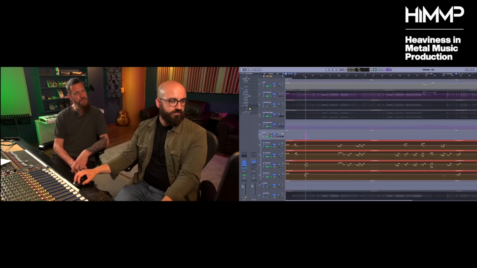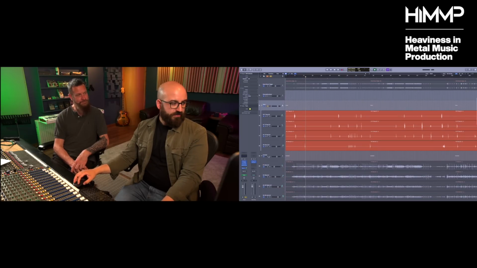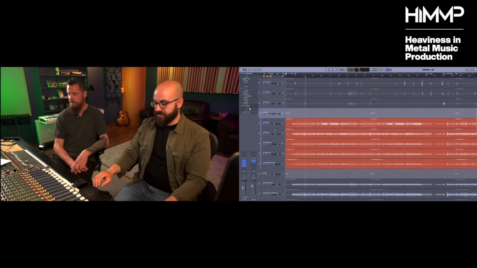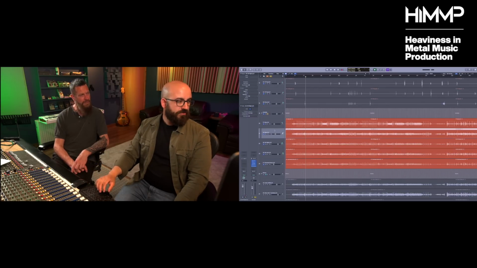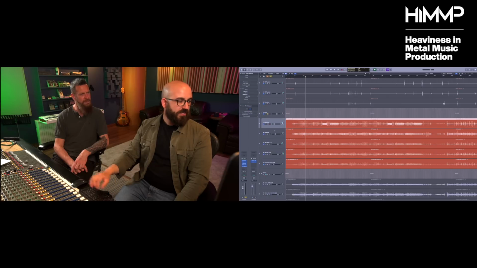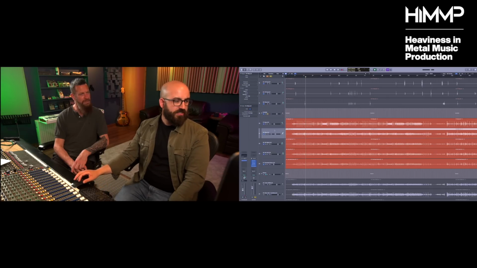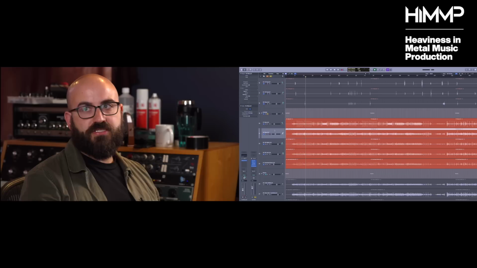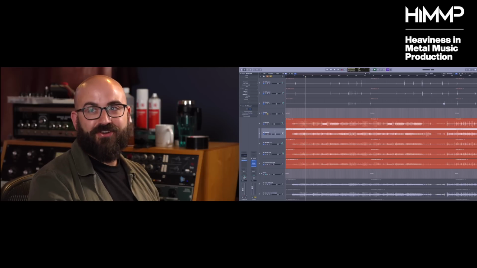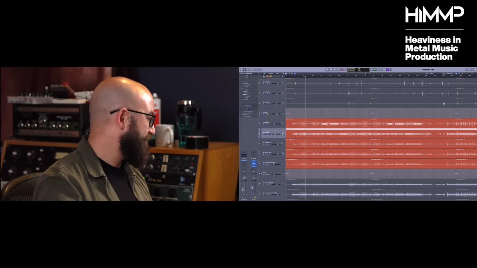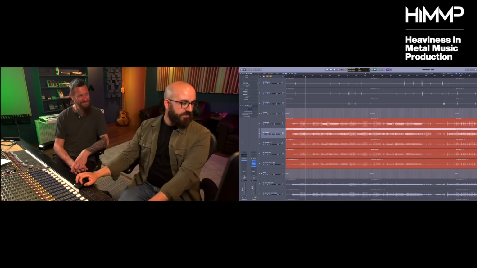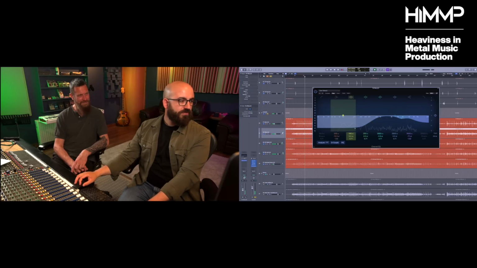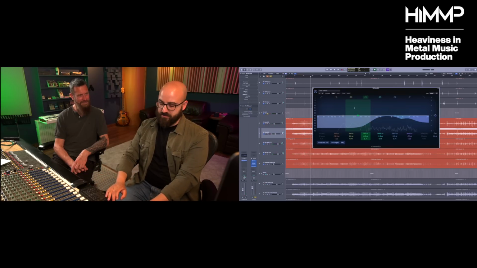And what was your approach with the metal work with the overhead mics? So let's have a look. Firstly, I tend to sum together the close mics and the overheads and process them on a bus. It looks like I've done something on the ride, which is fairly typical. A ride in person can sound so clangy and loud, and then you hear it in the close mic and it doesn't have the same kind of impact. So I think I actually took some top end out of it, it seems. Let's find a moment where it's getting hit.